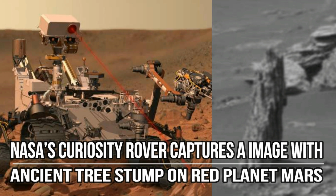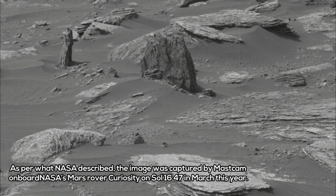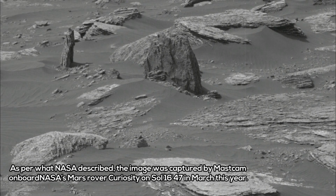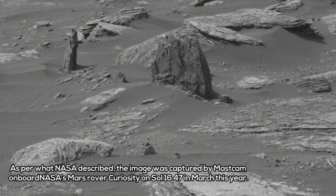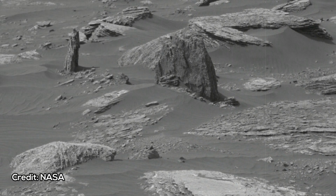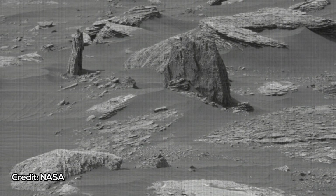NASA's Curiosity rover captures an image with an ancient tree stump on the red planet Mars. As per what NASA described, the image was captured by Mastcam on board NASA's Mars rover Curiosity on Sol 1647 in March this year. The search for extraterrestrial life has been going on for years, and those involved in alien